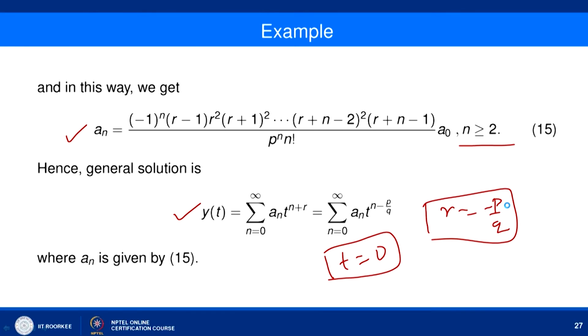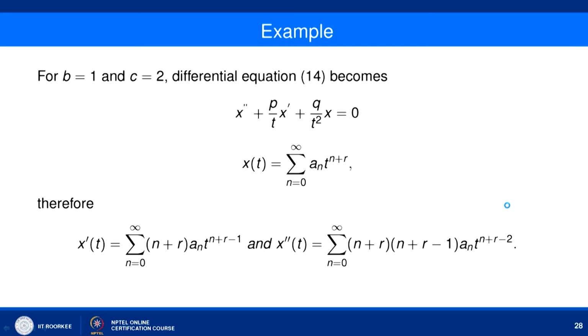Now, we already know that for B equal to 1 and C equal to 2, your differential equation is reduced to this, and that is x double dash plus p by t x dash plus q by t square x equal to 0. If you look at, this is nothing but your Cauchy-Euler equation, right. This is a simple Cauchy-Euler equation, and we can simply say that here also if you want to apply your